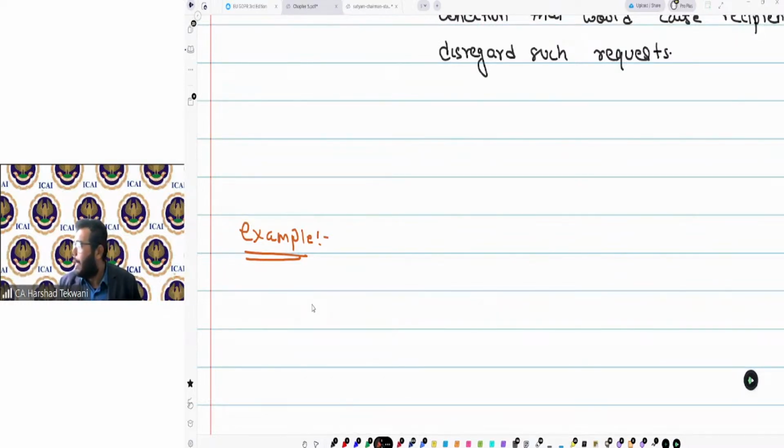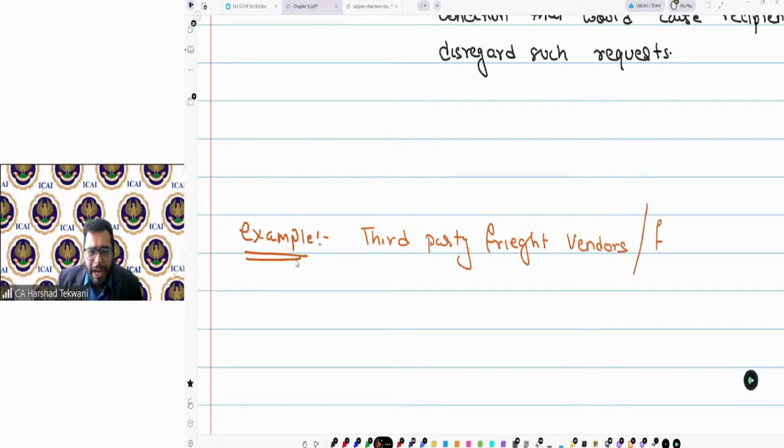But if I give you an example for external confirmation with a low rate of exception, it would be third party freight vendors, basically. Freight vendors or freight forwarders.